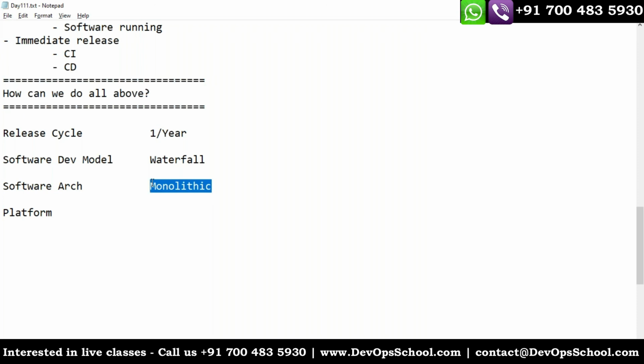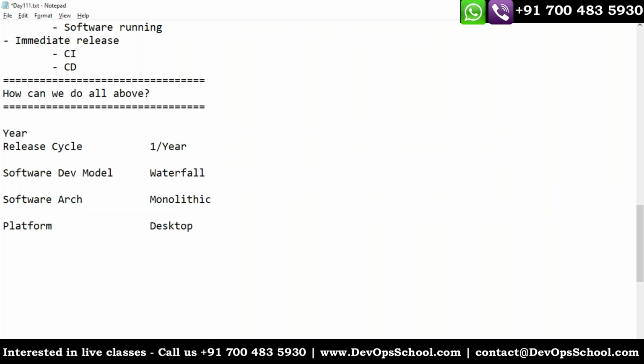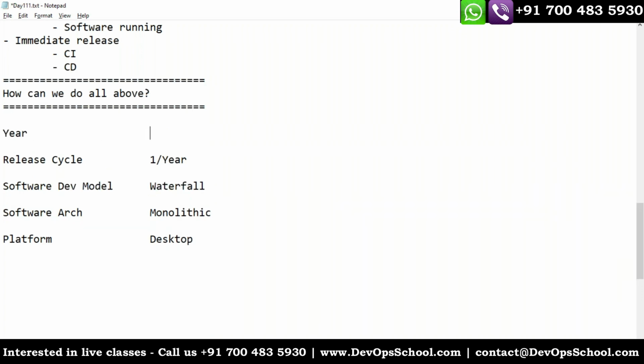You can install MS Office in one go, and Office has hundreds of features. All these features and all this code are assembled together. That's called monolithic. And at that time, we were using a platform called desktop. This was probably the 1990s.